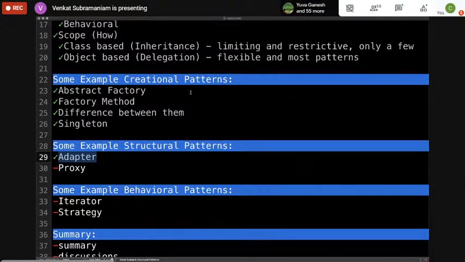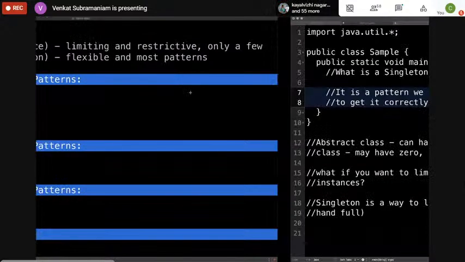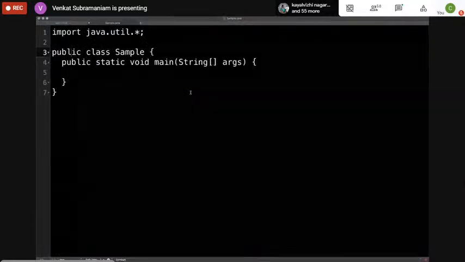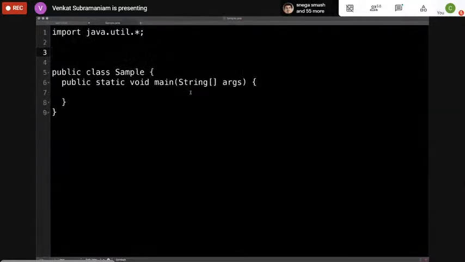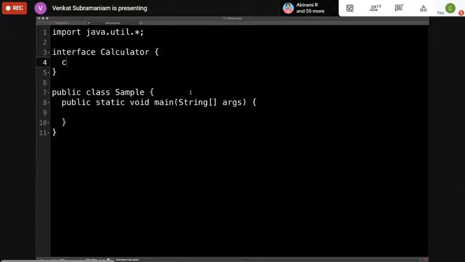So when it comes to adapter, the idea behind adapter really is that the adapter gives us the ability to adapt, or to use one interface in another setting. So for example, let's say you have an application where you have a particular calculator of some sort. You may have an interface, let's say a calculator, and the calculator is saying convert, and it's going to say input in inches, right? So it says input in inches, and it's going to perform some computation and return it.